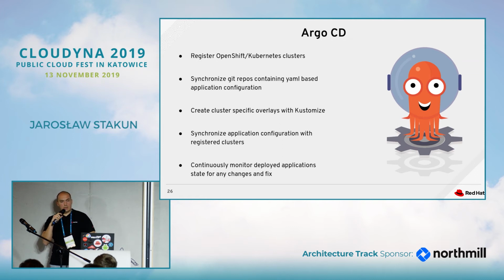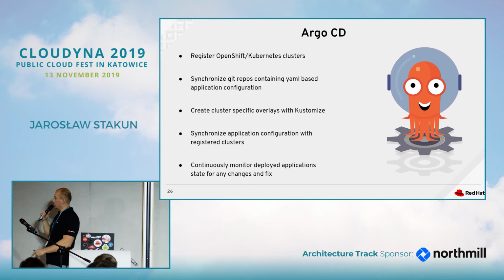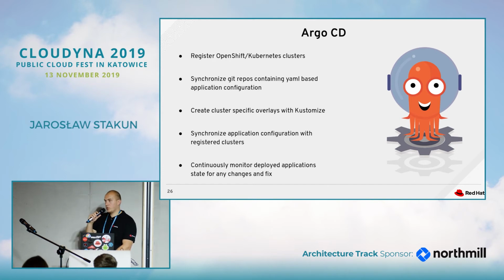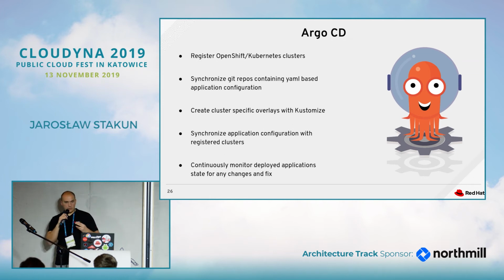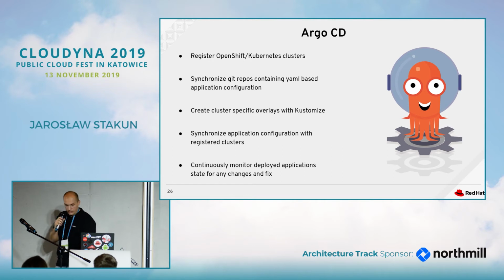Then, of course, the engine is capable to synchronize the configuration with all the clusters we want to, so it can send out the configuration to all clusters. And what is equally important, it can also monitor the configuration at the cluster, so that if there will be some drift detected, so if there will be some difference between the configuration that is stored in your git versus what you have on the cluster, it will revert back to the git configuration. So this is a very nice engine to keep in sync all the configuration.